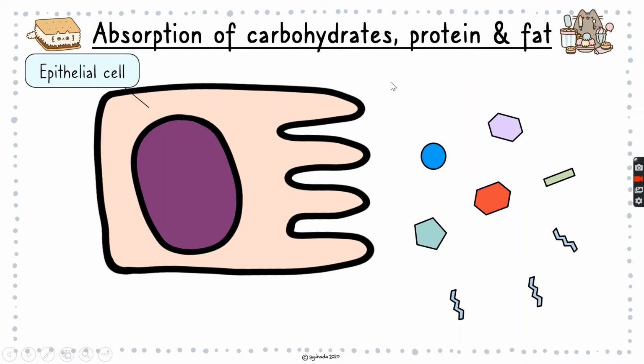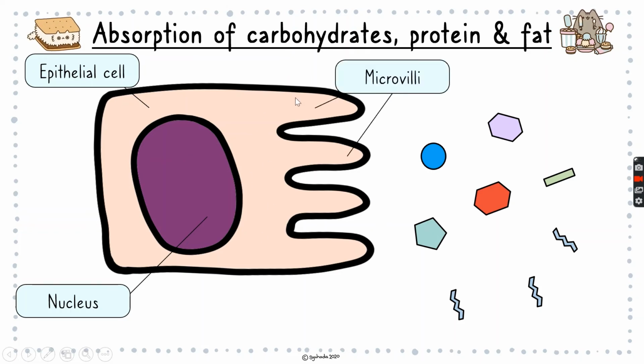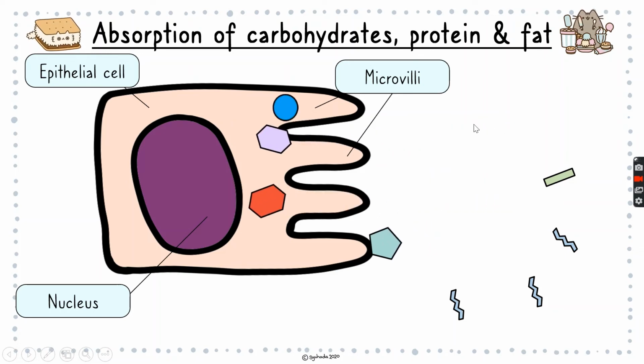Here we have the epithelial cell. The black line right there is referring to the cell membrane. And we have the nucleus right here, and over here is the cytoplasm. The finger-like projection is called the microvilli. During absorption, amino acids, galactose, glucose, fructose, and glycerol actually get diffused into the cytoplasm of the epithelial cell because they are soluble in